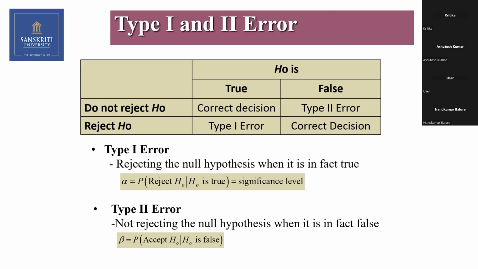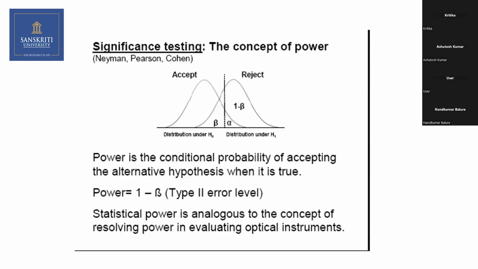Okay. So, when the null hypothesis is true and we do not reject it, meaning we accept it, it is a correct decision. When it is true and we are rejecting it, it is a type 1 error, and the probability of committing that is the significance level. That is what is written in a thesis or any article. That is alpha. I'm stressing on that. I will not talk much about type 2 error. You can see the concept of power, the 1 minus beta, in the graph. I'm not going into detail about this.